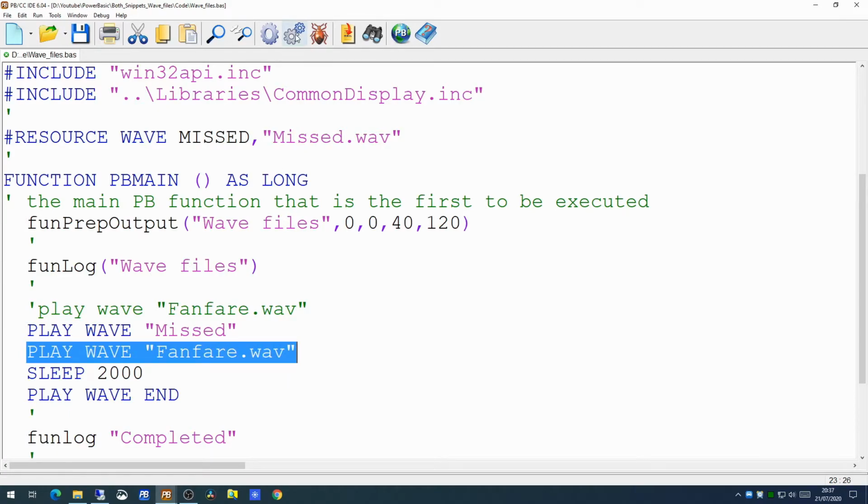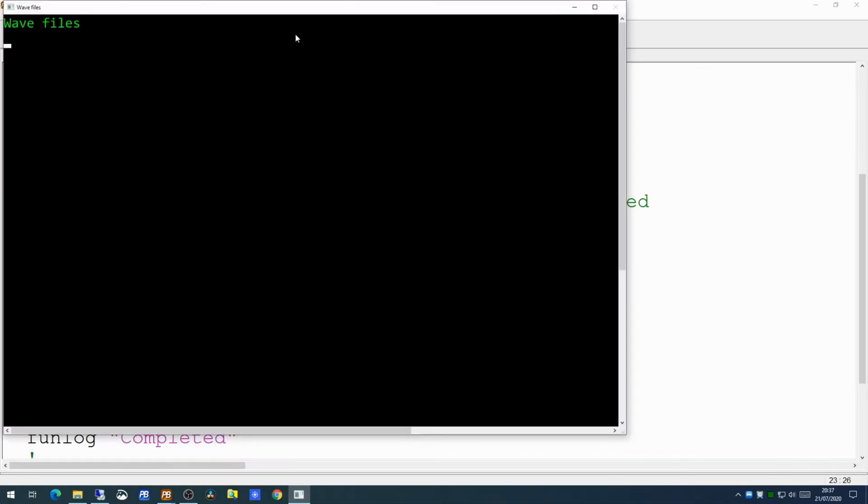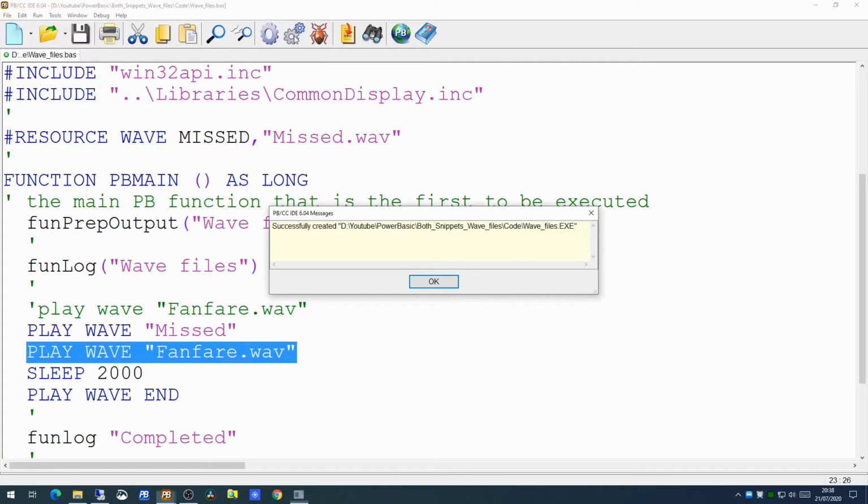So if we tried playing that, you wouldn't hear the first sound at all, because as soon as it started playing, the code would go on to the next line of code and it would play the second one. However, if you wish to do a pause,